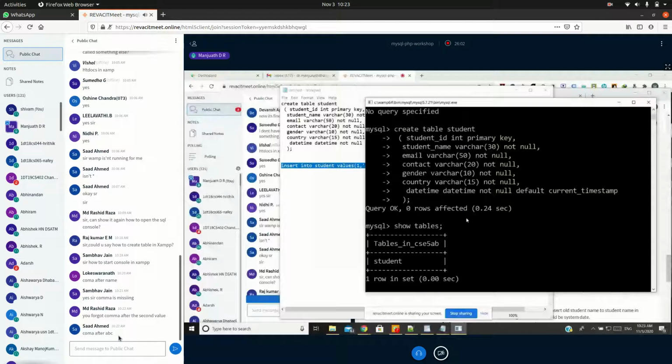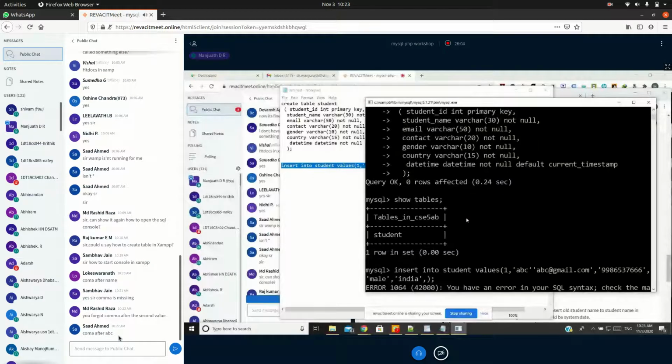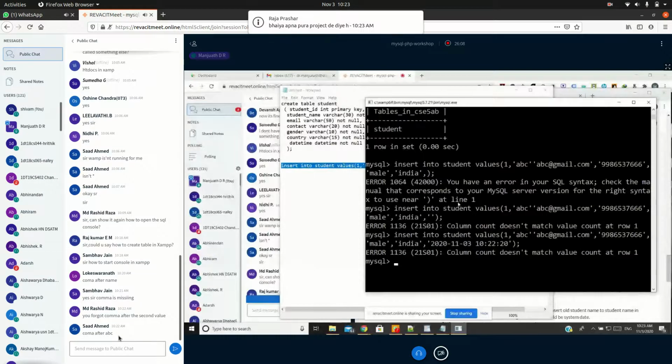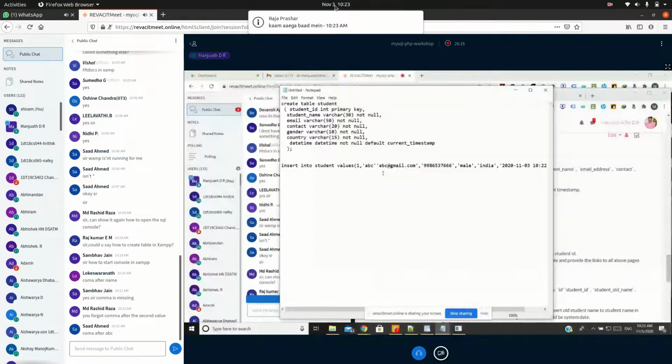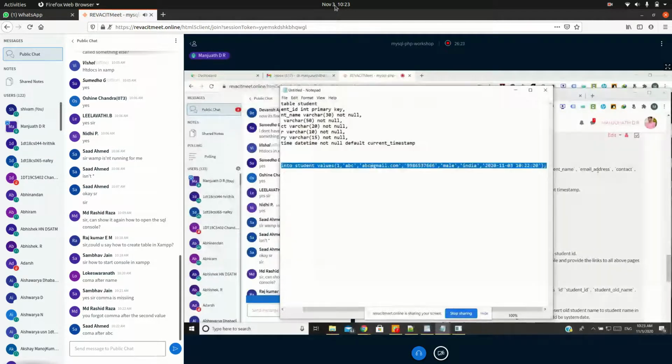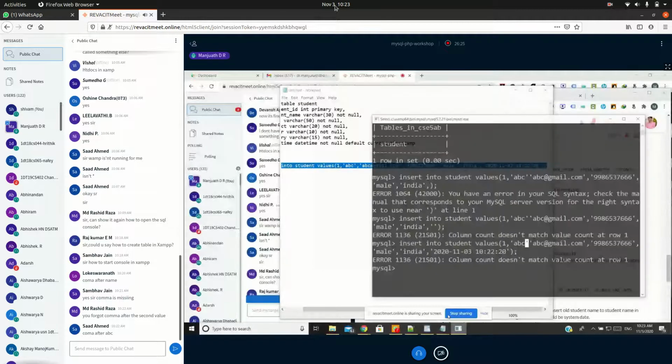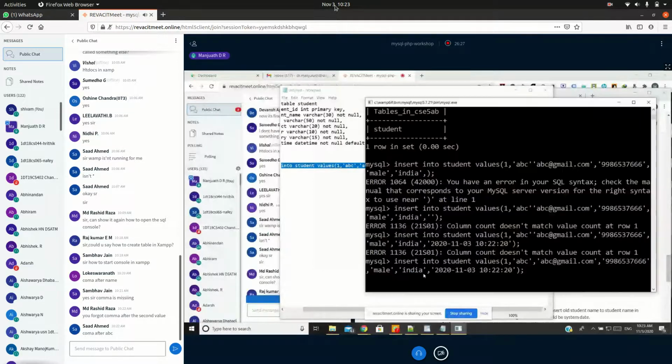Okay, default, student class one. I missed the comma. That's why I'm getting this error. Just copy and paste it here. Okay, so one row is inserted.